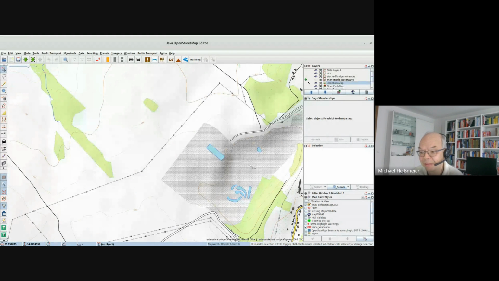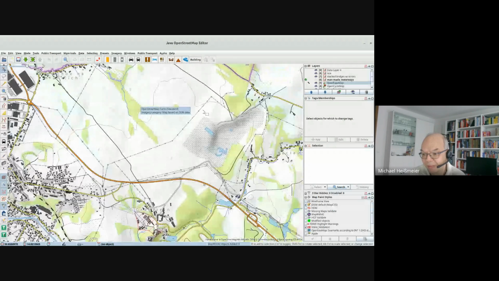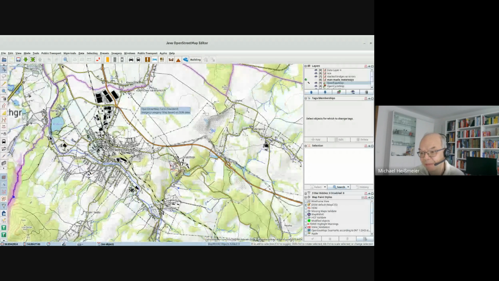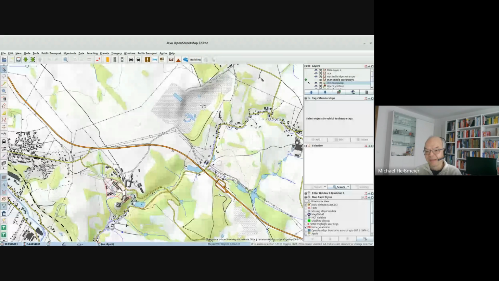Whenever you're not in a completely flat area and don't know the direction of flow, the Open Cycle Map or the Open Topo Map are usually available worldwide. They might have a little bit of delay because they are hosted on a different server than OpenStreetMap, but in pretty many cases, you can easily see where the downhill orientation is.